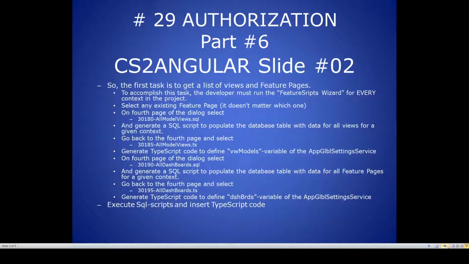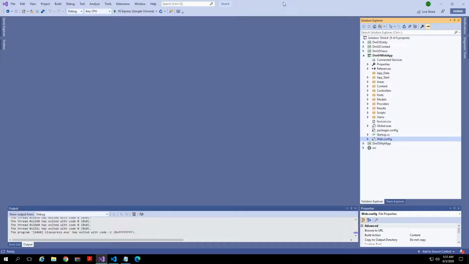Slide number 2. So, the first task is to get a list of views and feature pages. To accomplish this task, the developer must run the feature scripts wizard for every context in the project. Select any existing feature page, it doesn't matter which one. On the fourth page of the dialog select 30180 all model views.sql and generate a SQL script to populate the database table with data for all views for